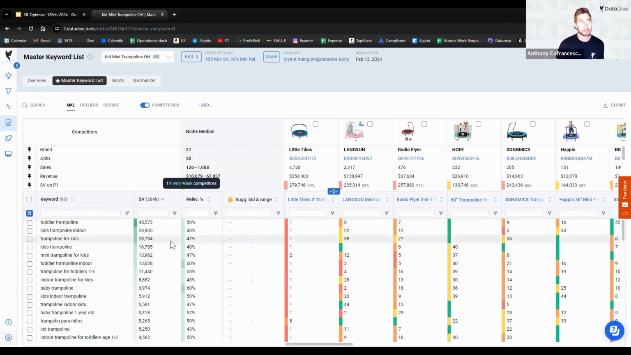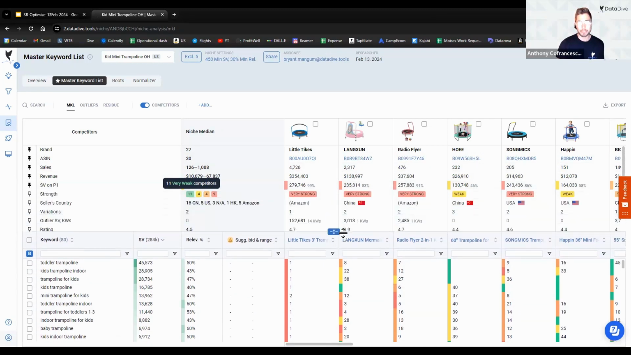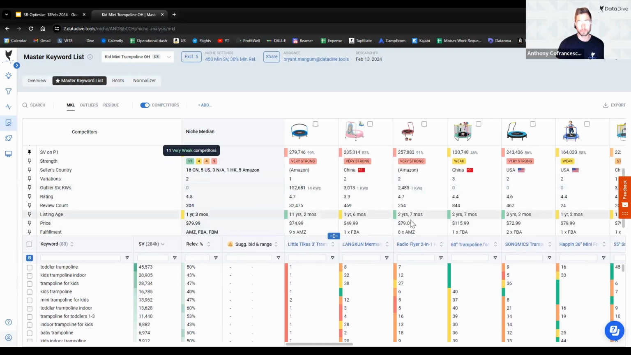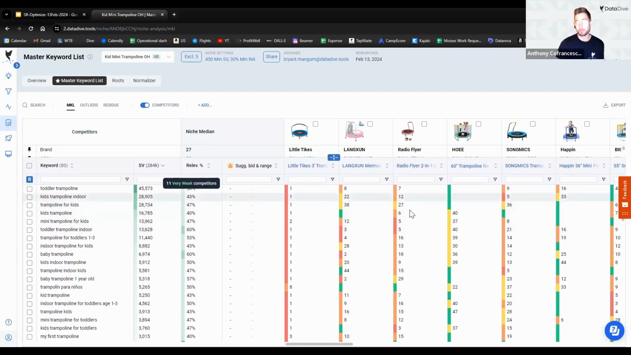But like, what's this here? I see trampoline for kids, plural. We're ranked in position 27. If I go a little bit further down the list, I can see baby trampoline 1-year-old. We're in position 29. So if this brand has been around for a while, which it looks like it has, it's been selling for 2 years and 7 months on the platform, all I'm going to want to do is